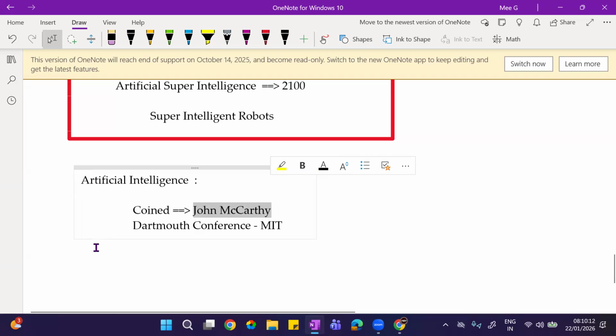He was the one who used the term artificial intelligence for the first time. That is, you're providing intelligence to machines artificially. Who is naturally intelligent? We humans are naturally intelligent. Like how we humans are naturally intelligent, the same type of intelligence we are going to put into the machines. How will you do that?